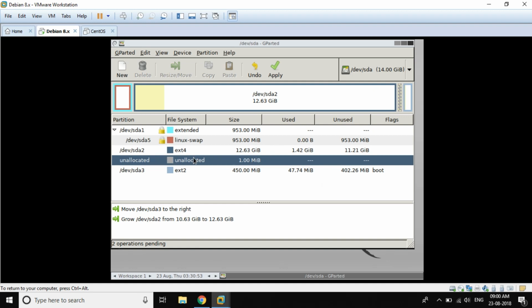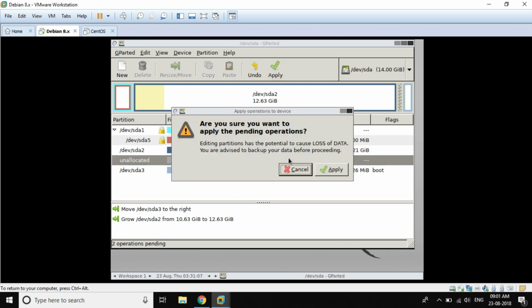Okay, now let's leave this. It should not matter that much as it is only 1 MB of space. So what we are gonna do is apply all these operations, and we'll see that